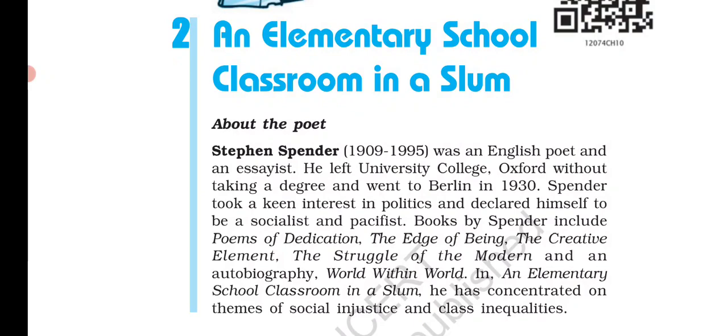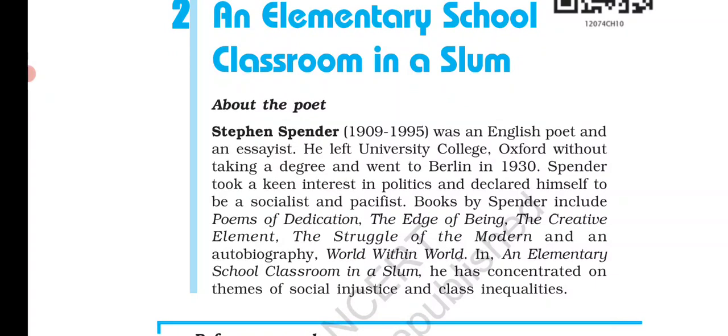In this poem, Stephen Spender is trying to highlight the injustice which is very common in our society. He talks about social injustice, class inequalities and lack of opportunities for slum dwellers. Slum dwellers, the people who live in slums, don't have their own house. They live in a very pathetic condition, right? He is also talking about a widening gap between haves and have-nots, meaning between rich and poor. Through this poem, he is lashing out at the capitalist economy,